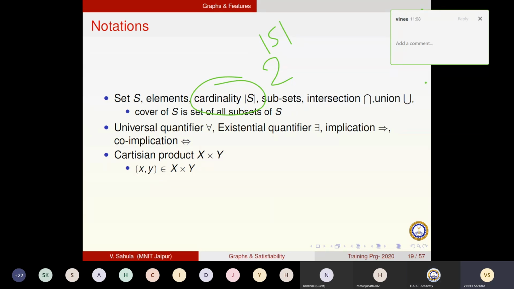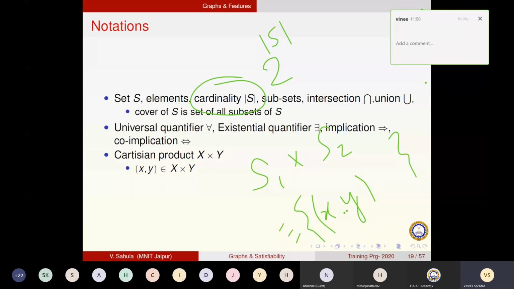What is the Cartesian product? If we have two sets, S1 and S2, what is the Cartesian product of the two sets? We have to take one element from S1, X, another element from S2, Y, and make all pairs. How many such pairs can we make? This is called the Cartesian product. This is denoted here. So the Cartesian product will be another set which will have a number of elements equal to the multiplication of the sizes of the two sets: N1, the number of elements in S1, multiplied by the number of elements in S2. Those many elements will be there in Z, right?